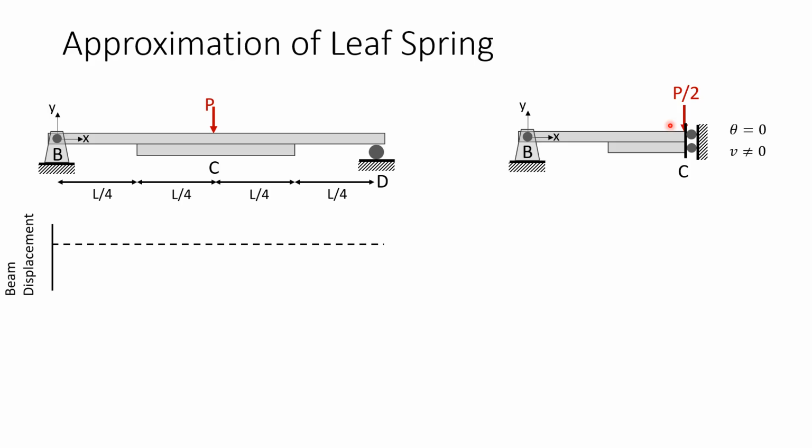If we draw the beam deflection that we would expect for this type of a system, we can see that if it's symmetric, the angle of the beam right in the middle will be 0, which is exactly the condition that's indicated by our constrained rotation end and why we can use it to approximate symmetric systems. A constrained rotation end has no reaction force in the y direction, but it does have a reaction moment because we're constraining the angle. This constrained rotation end is a boundary condition